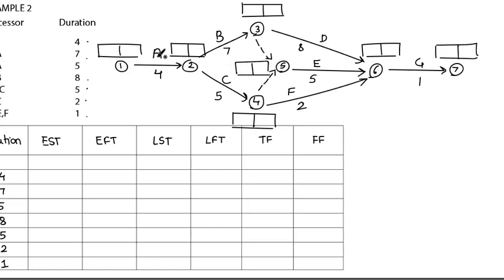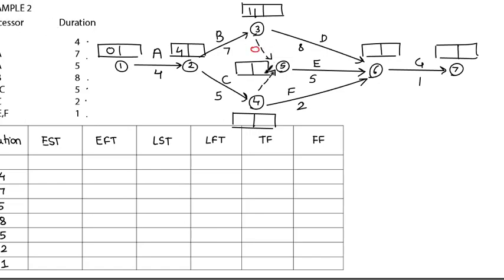So the early start time for A will be 0, right? So 0 plus 4 will give me 4. We are doing forward pass calculation. So 4 plus 7 will give me 11, right? For dummy activities, the time is 0.